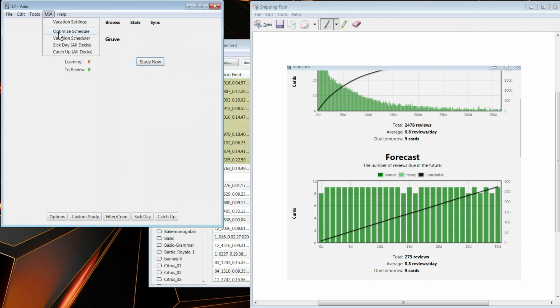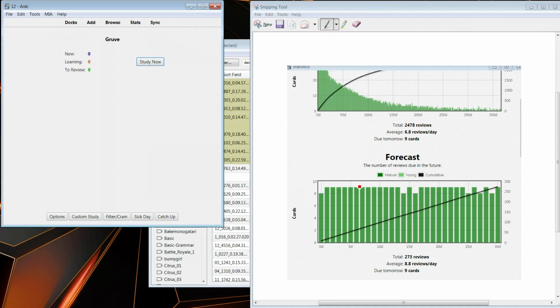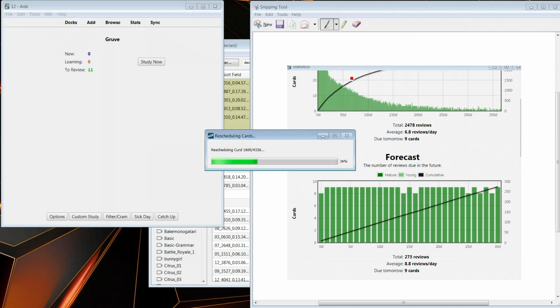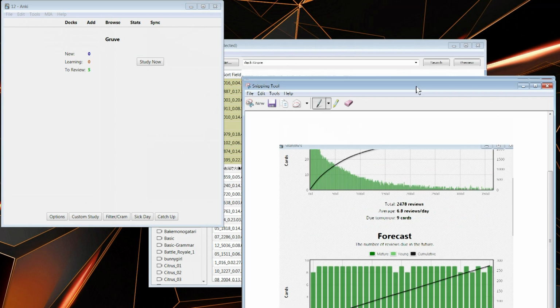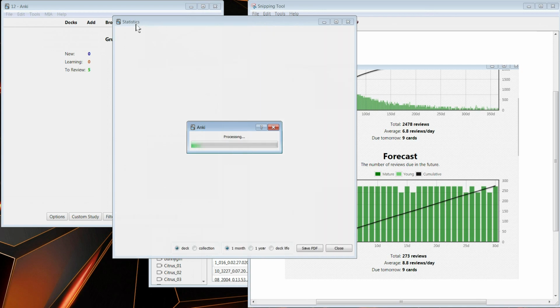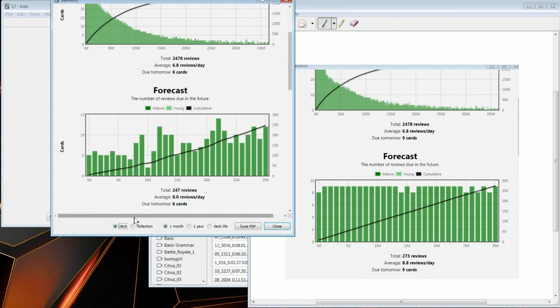Now we're going to go into optimize, I don't know, vacation settings, and now we're going to set it to profile level, and then let's undo the previous optimization and then re-optimize it with the new settings. See, it's a profile level. We're going to re-optimize it, and then let's take a look. And I'm going to go into more detail about how it actually is optimizing it in a moment here. So we can see now that it's quite different than it was before. Do you see? So now the profile has been optimized for